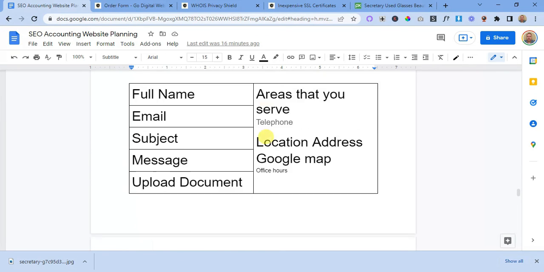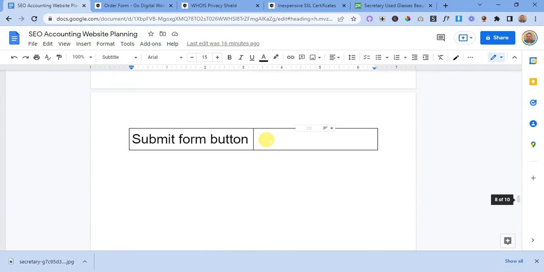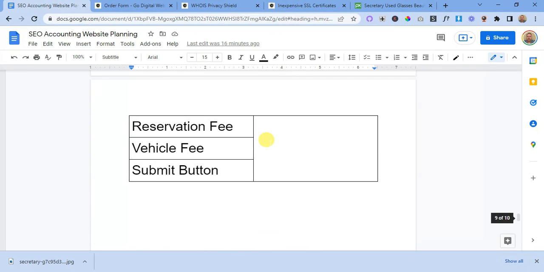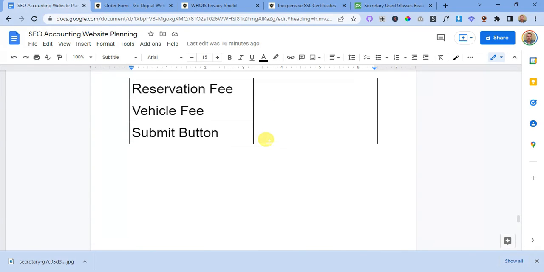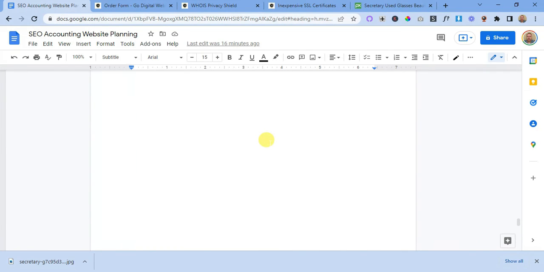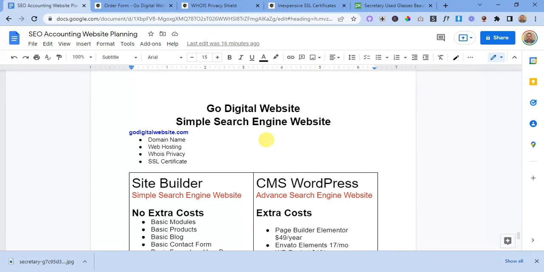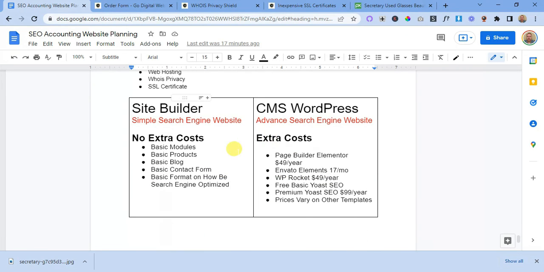And if you want to either hire a web designer or do the website yourself, you're more than welcome to do it. And I invite you to look at the videos on how to get started on a simple search engine website. And like I mentioned before, you don't have to pay the extra cost to get started on a website. So you can easily get started at